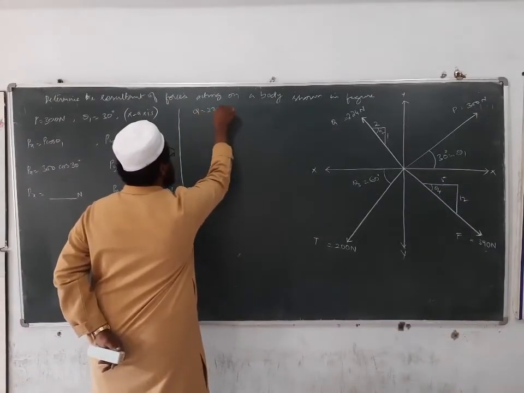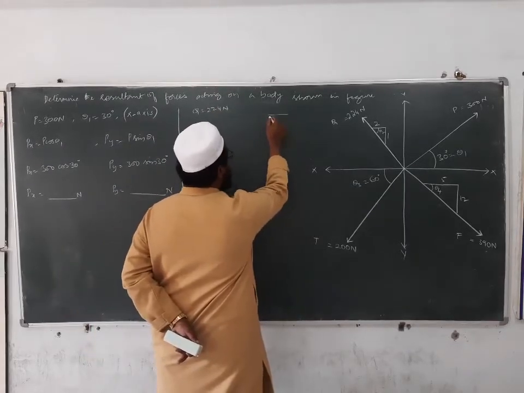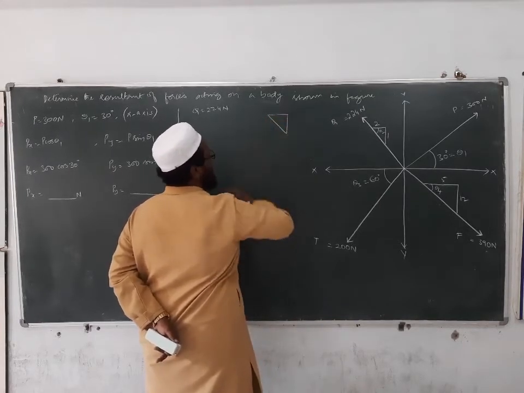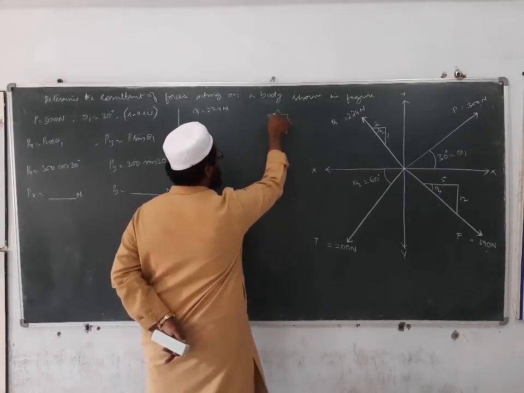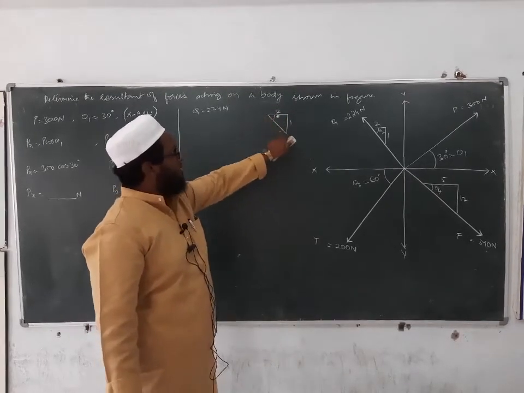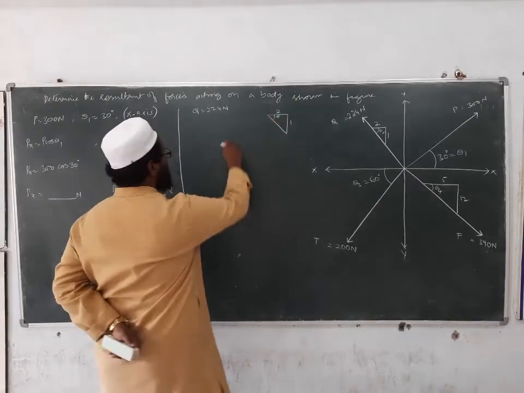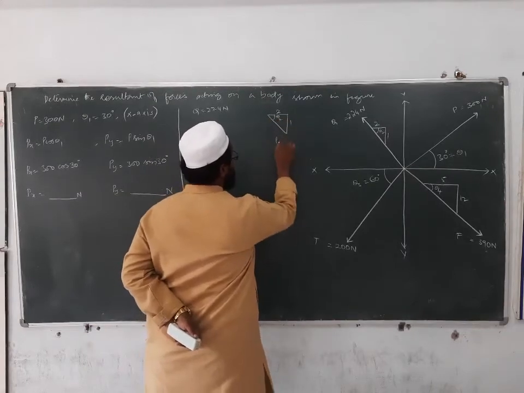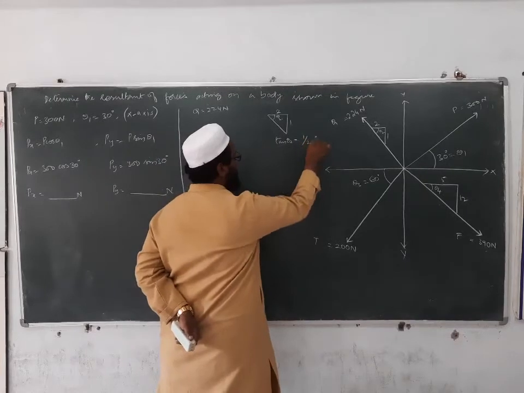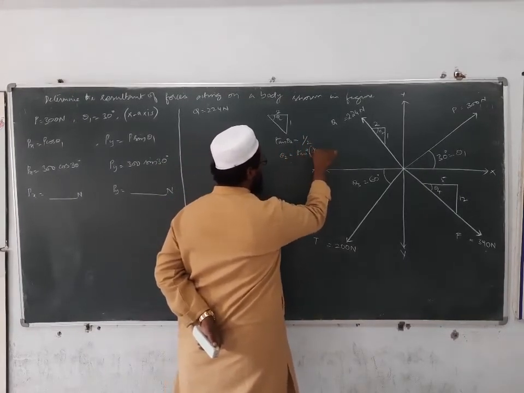Q is equal to 224 newtons, and we have a triangle there. Okay, so how is your triangle? It is like this. So this is 2, 1, and this is theta. So what will happen to this one? This is your hypotenuse, isn't it? Or else we can directly calculate tan theta. Tan theta 2 is equal to 1 by 2, isn't it? So theta 2 is equal to tan inverse of 1 by 2.